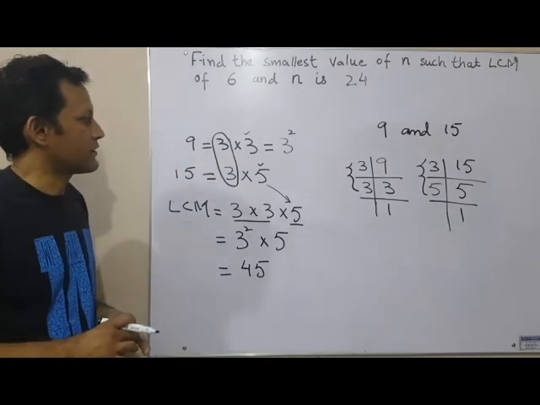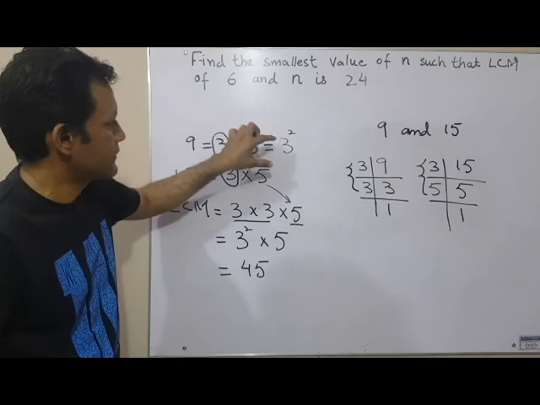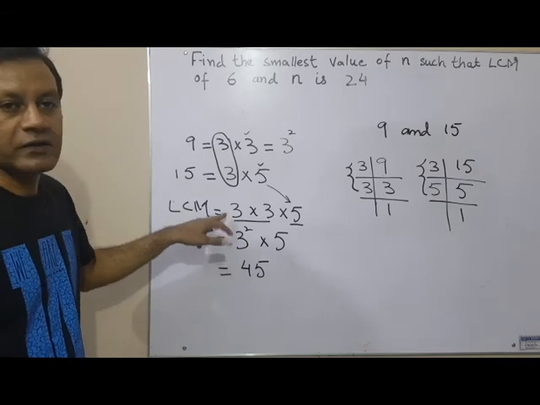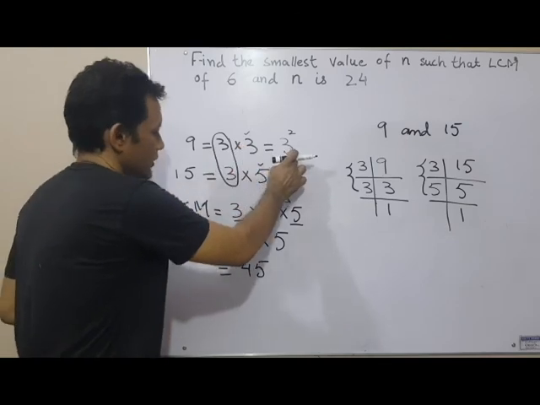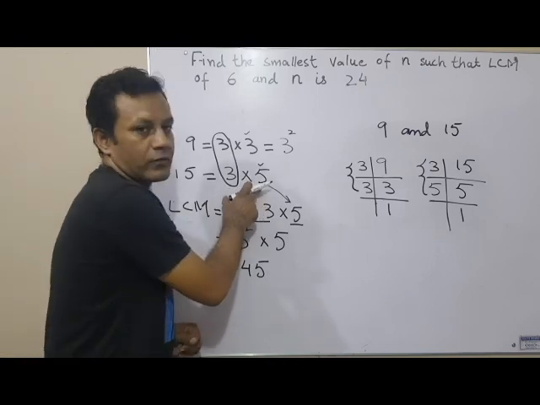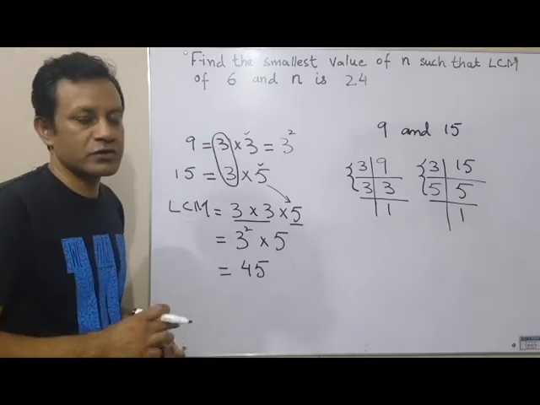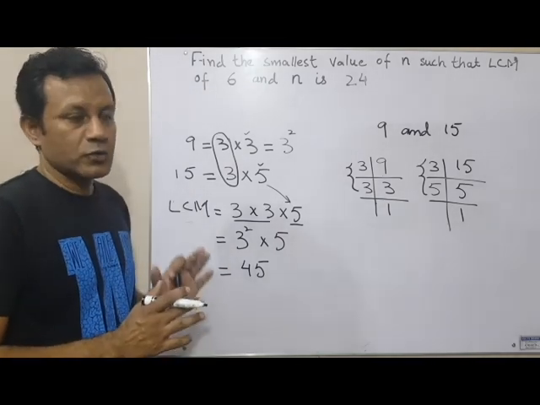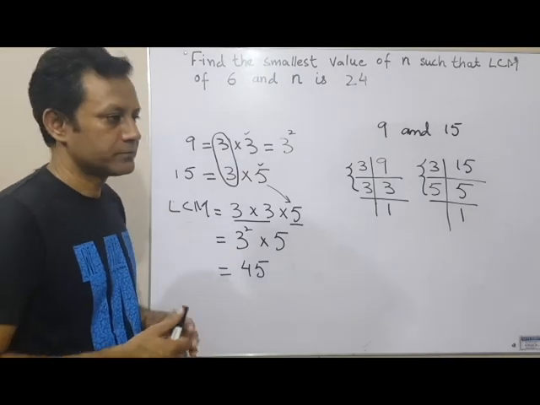In other words, you can say every number which has the highest power in its prime factors is taken in the prime factors of the LCM. 3 has the highest power in the prime factors of 9, so it is taken in the prime factors of the LCM. And 5 has the power of 1, which is the highest one, because obviously 9 does not have any 5. So remember it. This is the key factor to understand our problem. Now we go back to solve our problem.